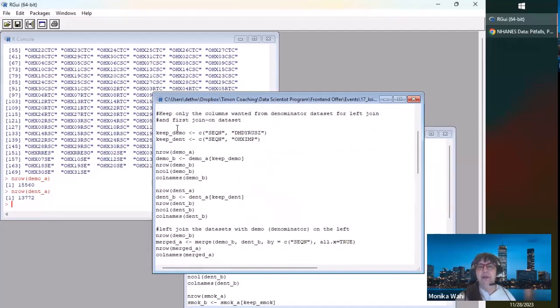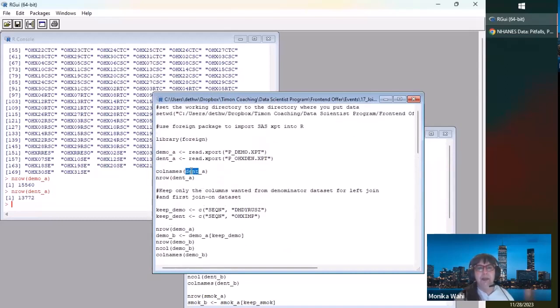So first, what I do is I create a vector. I call it keep underscore demo. You know what that stands for? That's a vector of the variable names that I want to keep from the demographic data. Yeah, it is super easy in R, way easier than it is in SAS. In SAS, I think you'd have to make an array or something. It's just too hard. I always have to look up SAS whenever I do something funky like that. But anyway, all we're doing here, see the c, and this is combine, and these are just words, just characters. But if I do colnames demo A,